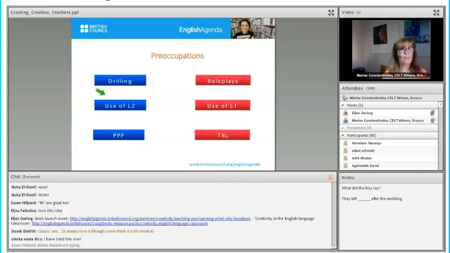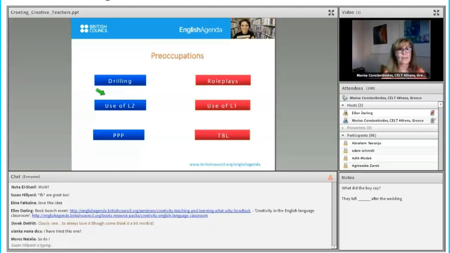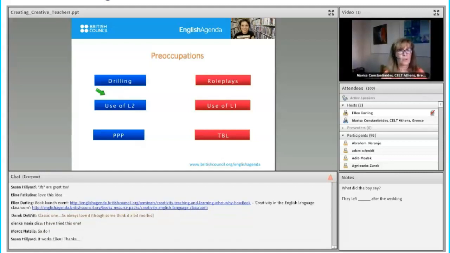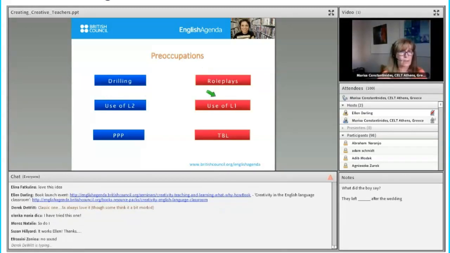So what I do is I make cards for half the class, and they have to talk about their preoccupation, trying to draw the conversation over to their side. So, for example, one student would have drilling as a preoccupation, and the other would have role plays. One would have use of L2, the other one use of L1. One student would have